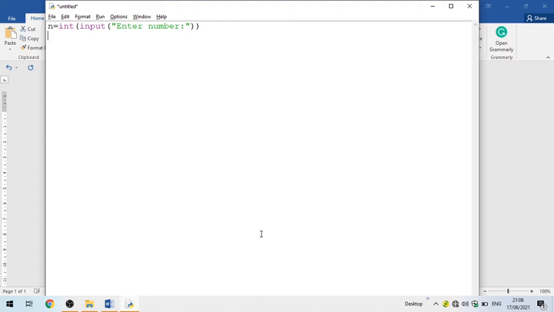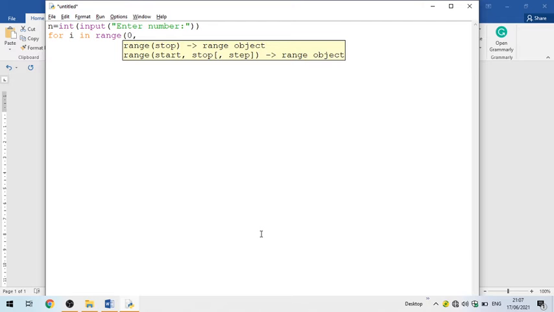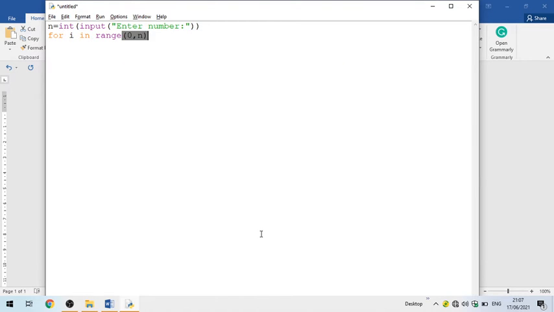Okay, now just create a for loop. The for loop i will be in the range from 0 to n. Now declare a variable and assign this variable the character capital A.